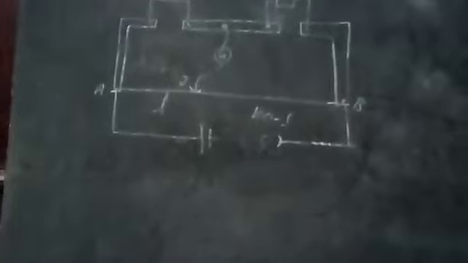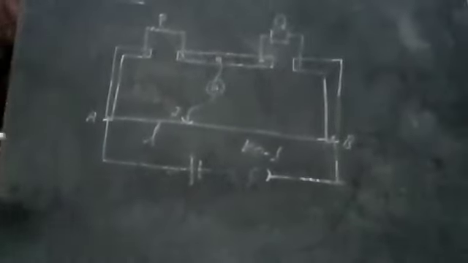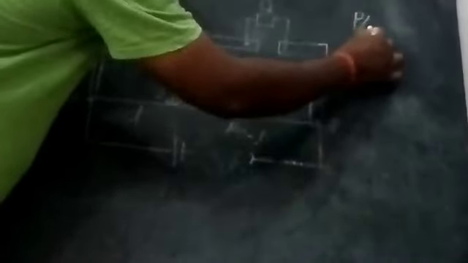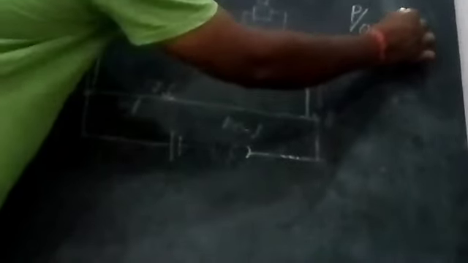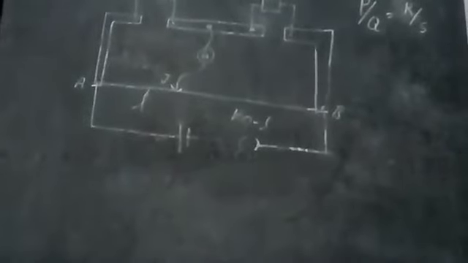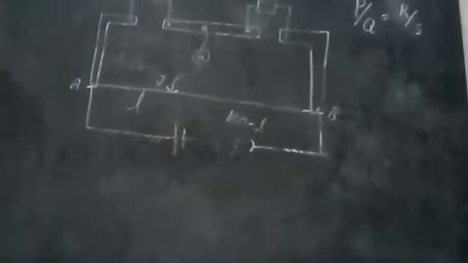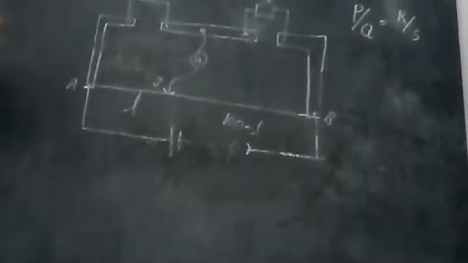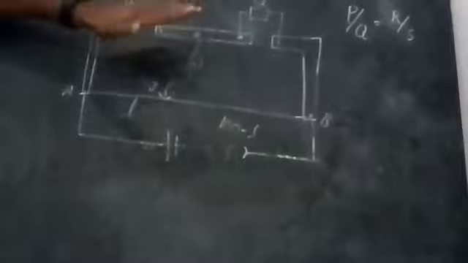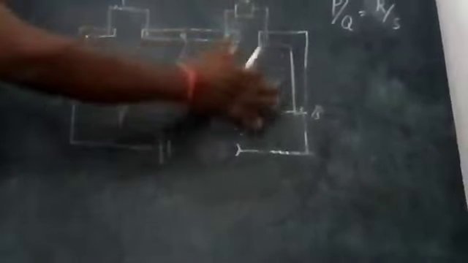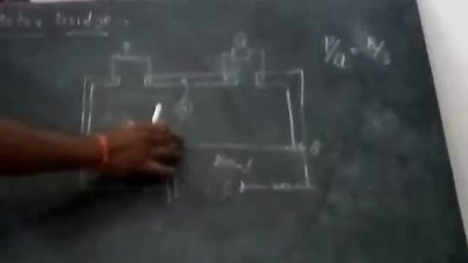Now how does it work? Once again, in Wheatstone's bridge we got the relation P by Q is equal to R by S, where P, Q, R, S are four resistors placed in a cyclic order. By using that simple formula, we can apply it to this meter bridge also. First, after making the connections, we have the unknown resistance, the known resistance and the 1 meter manganese wire.